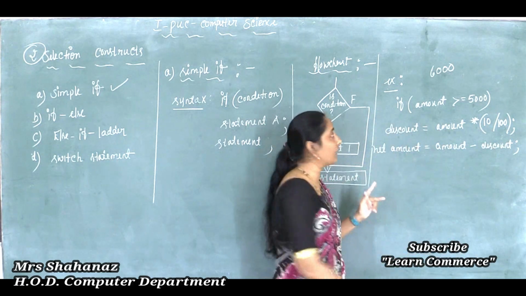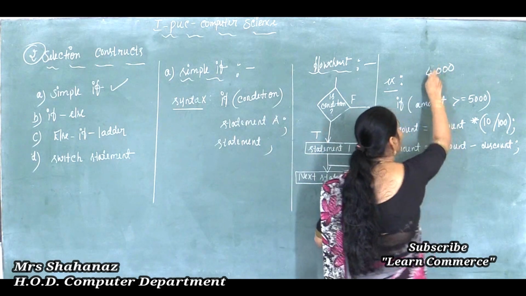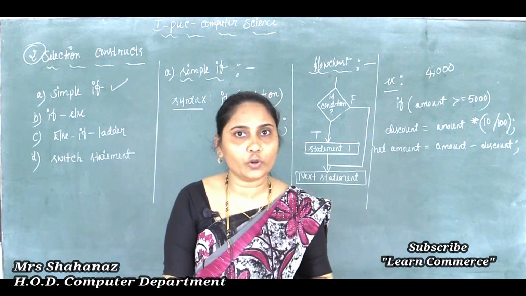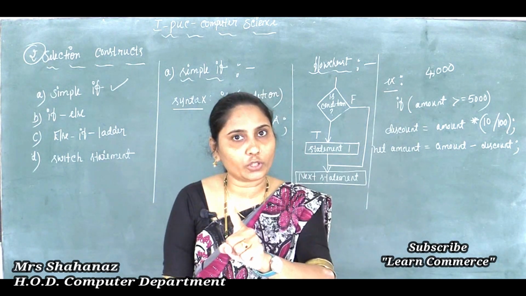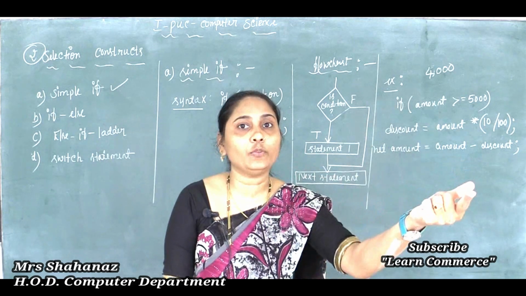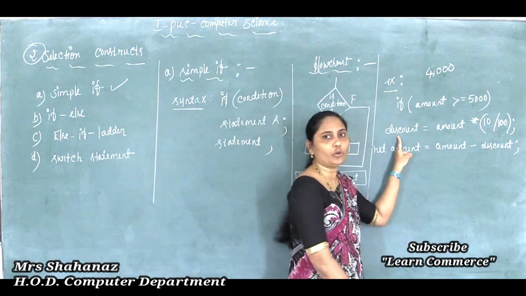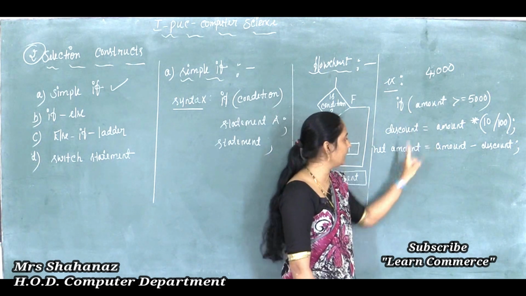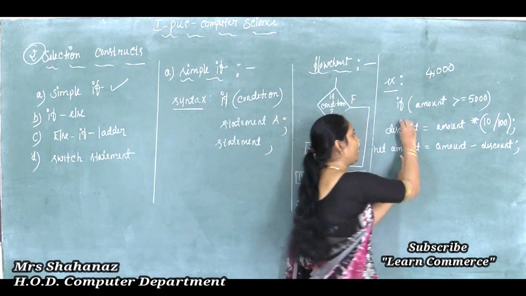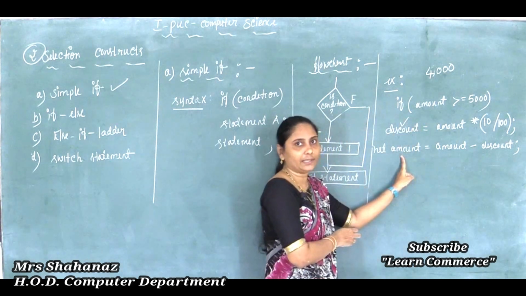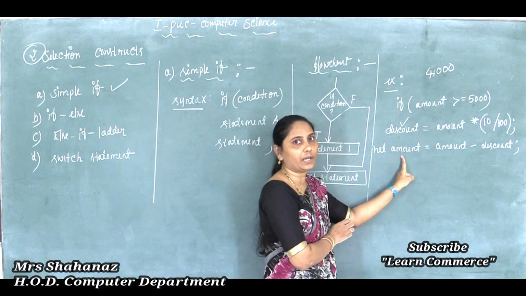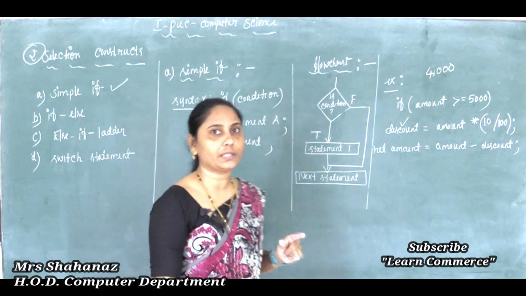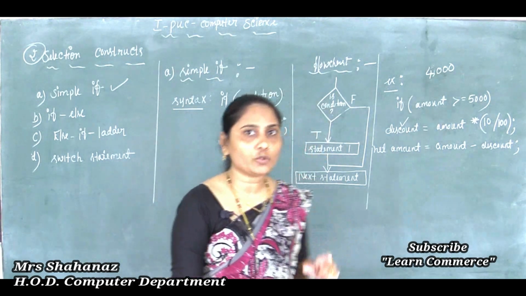The discount calculate ಆಗ್ತದೆ. ಅದೇ ನಮ್ಮ amount 4,000 ಆದ್ರೆ, amount 4,000 ಆದ್ರೆ whether the condition is true? No, because we know that only if the amount is equal to 5,000 or greater than 5,000, then this statement is going to execute. Clear this one kya? ಯಾಕಂದ್ರೆ statement execute ಆಗ್ತದೆ, ಅದರ ನಂತರ net amount calculate ಆಗ್ತದೆ. ಇದು execute ಆದ್ರೆ ಮಾತ್ರ net amount calculate. ಆದ್ರೆ ನಮಗೆ ಗೊತ್ತಿದೆ ಯಾವಾಗ ಅದು execute ಆಗ್ತದೆ, ಯಾವಾಗ ನಮ್ಮ condition true ಆದಾಗ ಮಾತ್ರ ಅದು statement execute ಆಗ್ತದೆ. So ಅರ್ಥ ಆಯ್ತಾ? Clear this point here about our simple if.